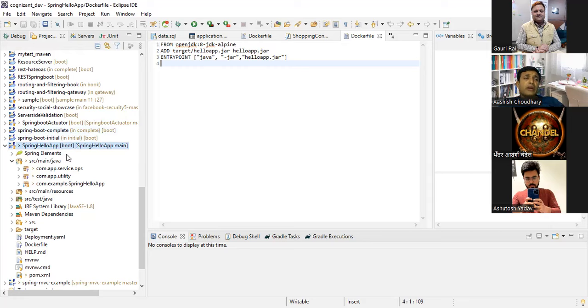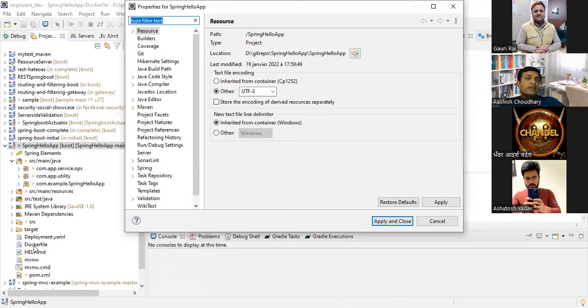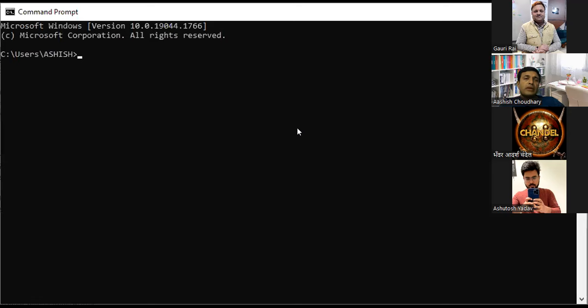So now if you want to go for this, copy here. You can find the properties. You can go to where this Dockerfile is. It is available in this directory, right? And you can go into a command line. So you can just go into a command line here. What you can do,